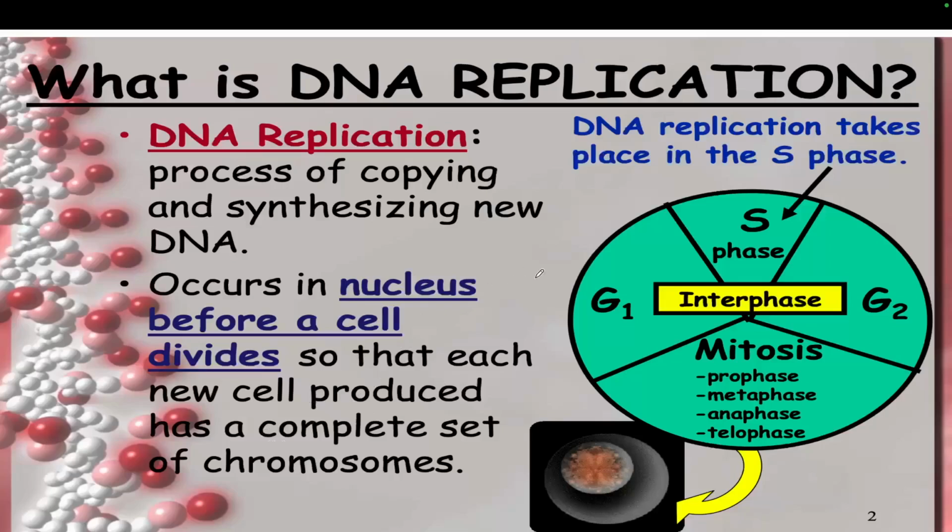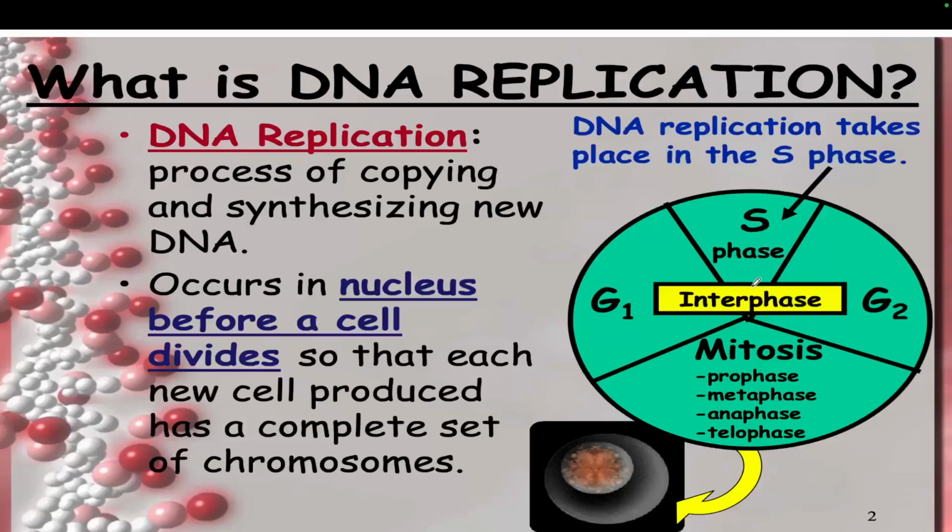Okay, then this DNA replication takes place in the S phase of the cell division. There are phases: S phase, G1 phase, G2 phase, and mitosis, and the interphase, which is the resting phase. In the S phase, the synthesis phase, DNA replication takes place, where the chromosomal content gets doubled. You have to remember in which phase of the cell cycle DNA replication takes place. It is the S phase.